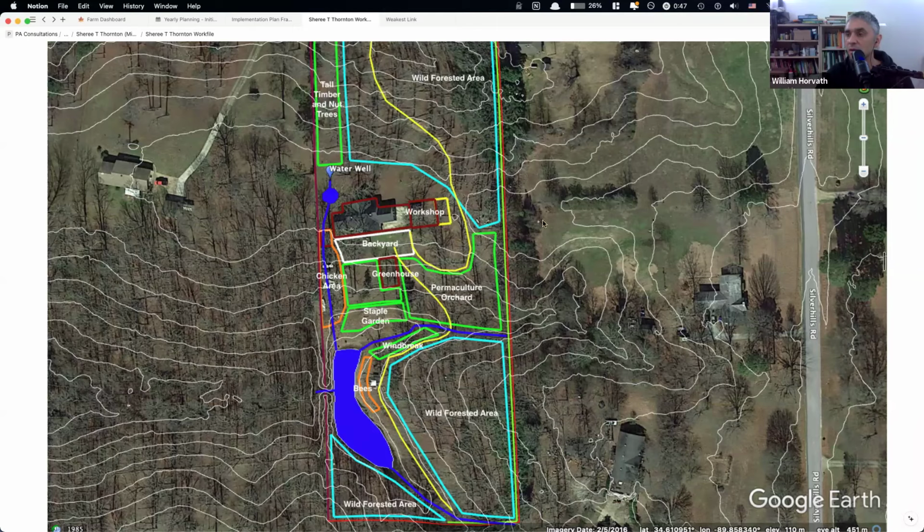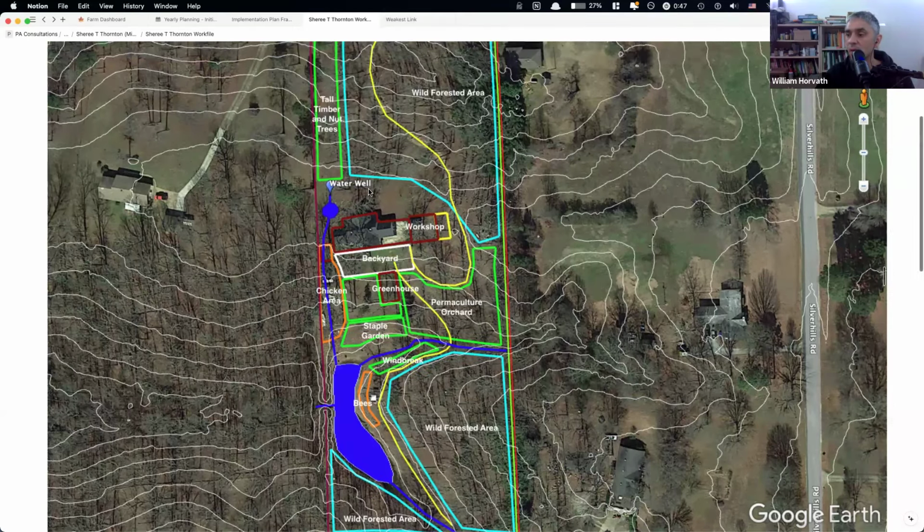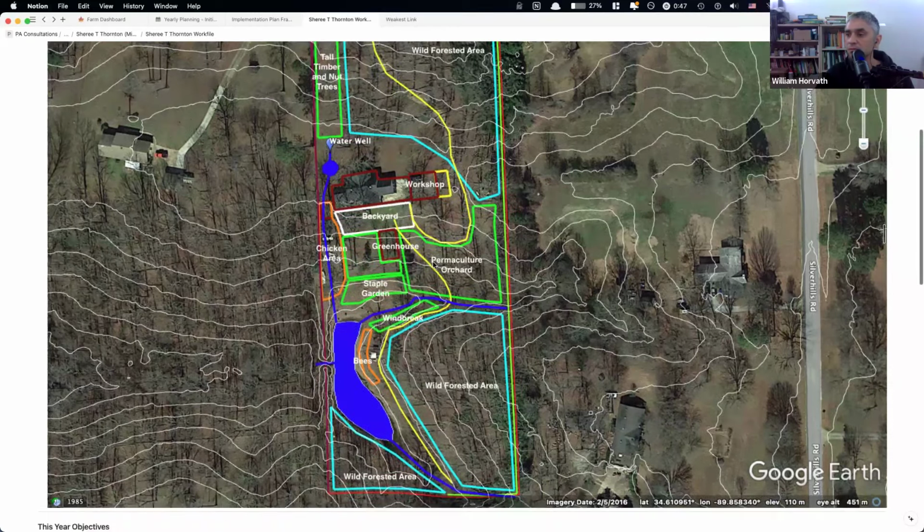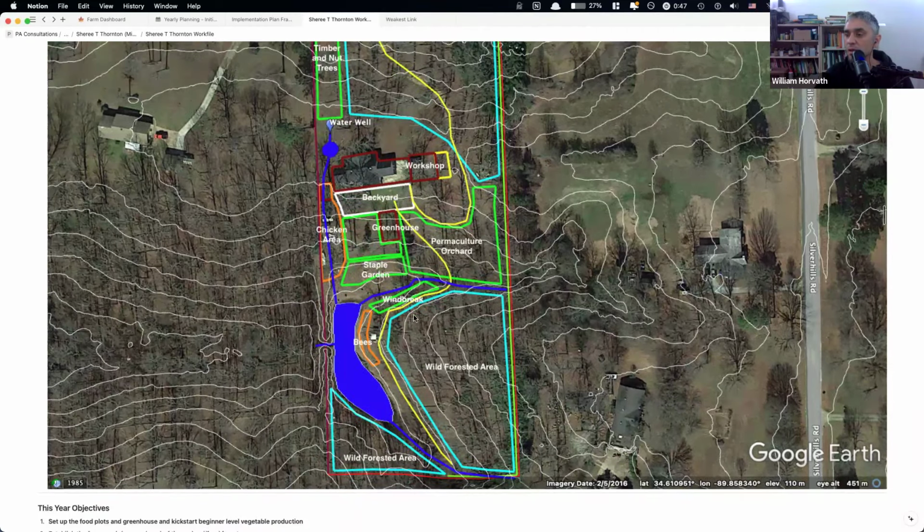So we don't have to get bogged down in details of, for example, how the windbreak is going to look. If we get to that problem, let's say 5 years from now, then we can lay out the exact design of the windbreak. But for now,